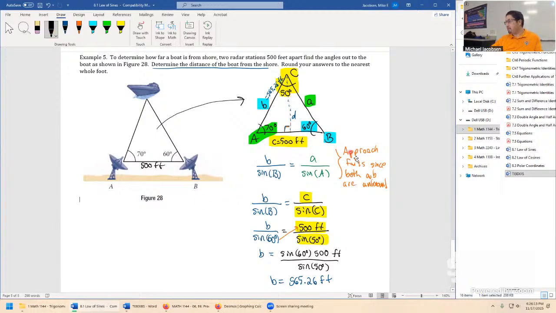So that was a lot of work. Thanks to that false start, it makes it look like a lot more than it was. But we have a side length right here. So now we can take just this left side, to the left of the blue dashed line, this whole right triangle here, and solve for this side length D. That's going to be the distance from the boat to the shore, the main thing we want to find. So let's draw a new triangle because this one's getting a little bit full and messy. So move away from that one to the right triangle.